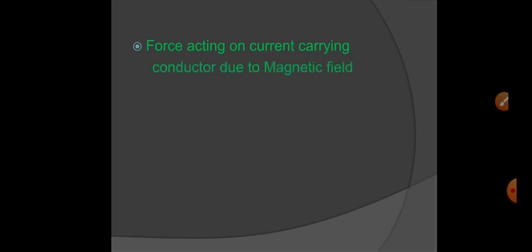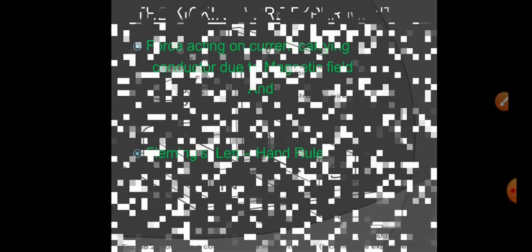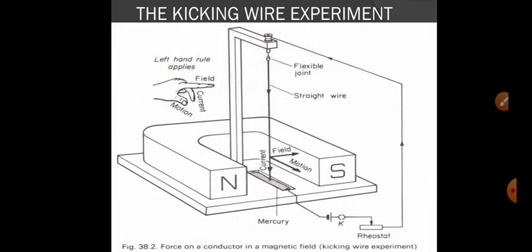Now our next topic is very important, and that is we are going to learn how the force acting on a current carrying conductor can be used for our practical purposes. That is, we have a very interesting rule which is called Fleming's left hand rule. Before going to Fleming's left hand rule, let us have an experiment. You see in the figure, a setup is nicely given. The magnet you see is called a horseshoe magnet or U-shaped magnet.